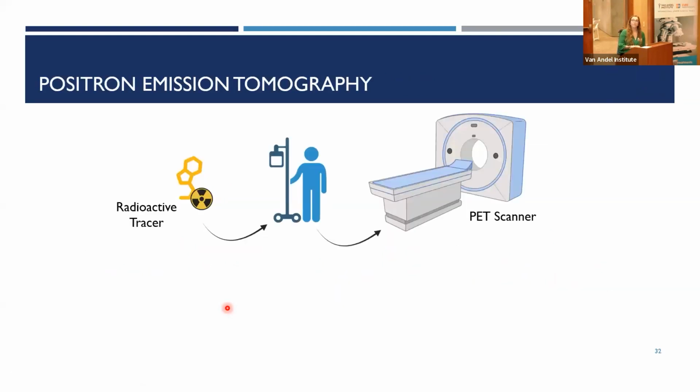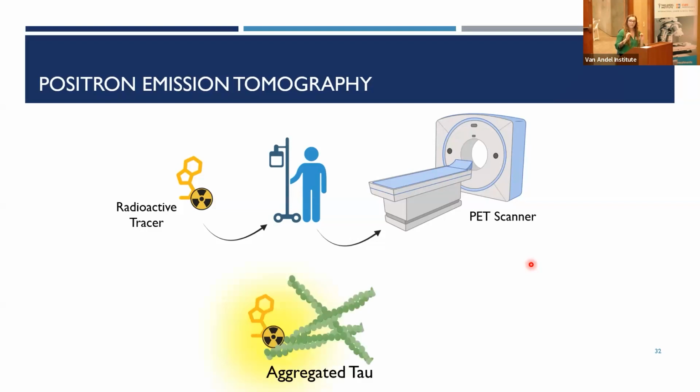And finally, what we're really able to do well for these patients now is look at PET scans, or positron emission tomographies. What these are is you take a radioactive tracer that's specific for different proteins, or you can even do glucose to see how your brain uses energy. This is infused into patients. Even though it is radioactive, it's not harmful. And then we put the patient in a PET scan, which gives small levels of radiation that make the tracer